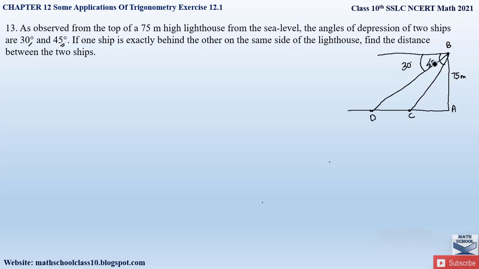Always remember, in case of angle of depression, we have to apply the property of alternate angles, and we have to bring the angles which are at the top to the bottom. Okay, what is the property of alternate angles? Whenever two lines are parallel and there is a transversal passing through these lines, you can observe that there is a Z formation occurring here, and the alternate angles in this case will be equal. Okay, so the same property we are going to apply here. So when you observe here, there is a Z formation occurring, right?